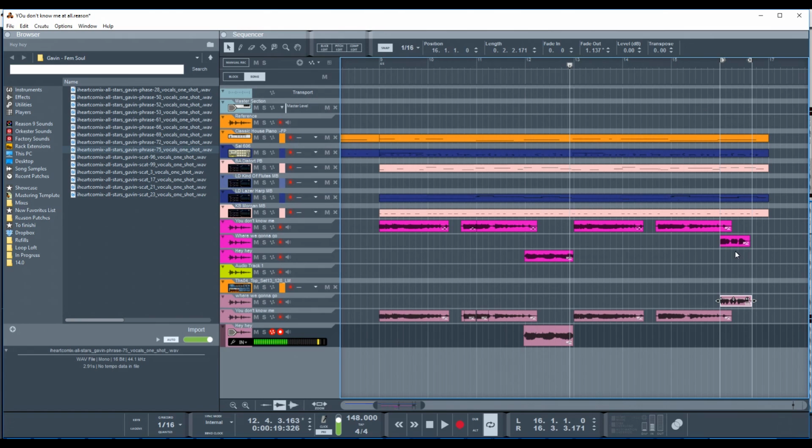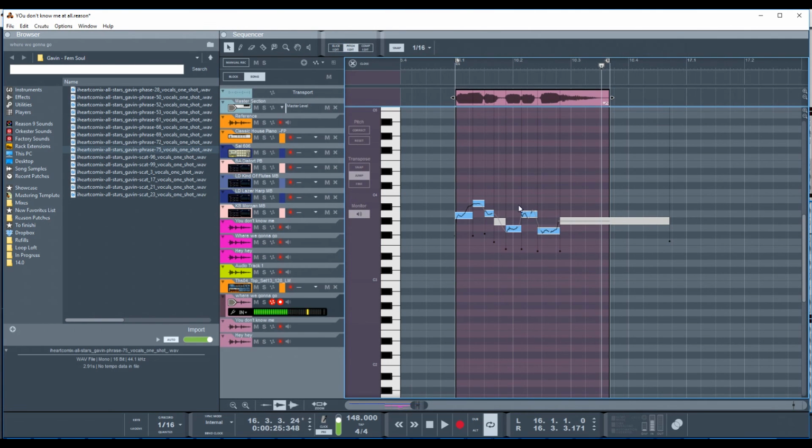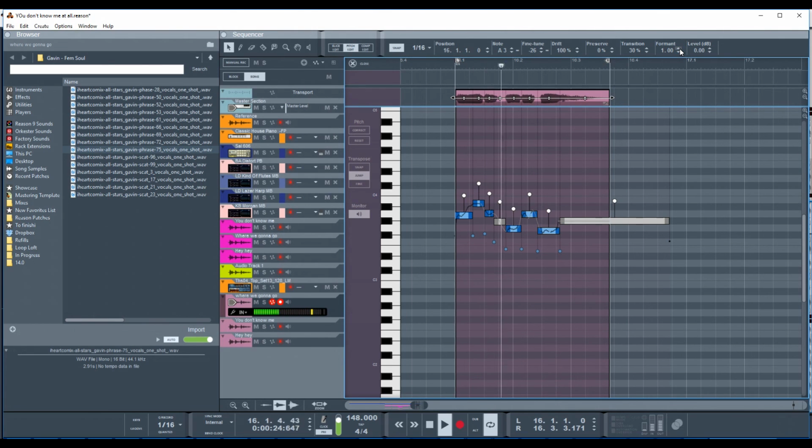Where we gonna go? You don't know where we gonna go. And so let's go here. Go to pitch edit mode. Most of these are spot on, but let's mess around with the formant. Where we gonna go? We don't want it to go too chipmunk, but